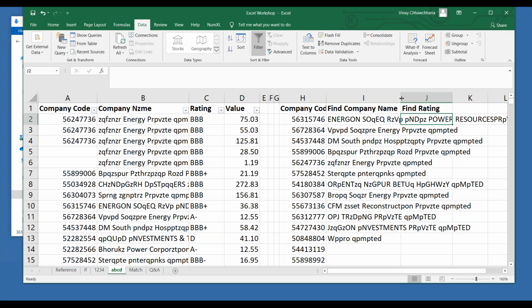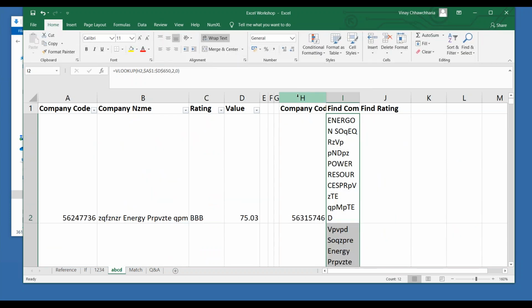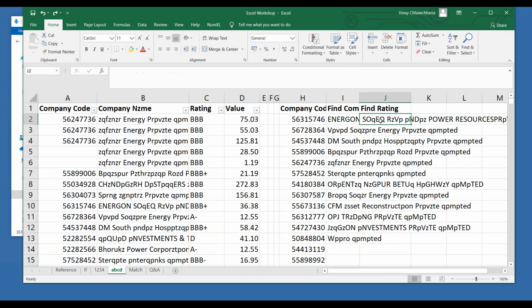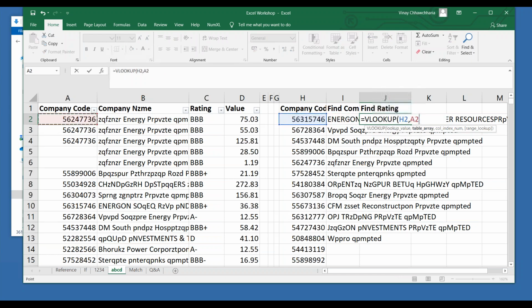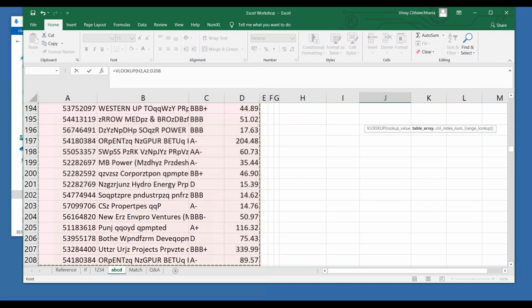So I will just write the formula again here. But the important part is not writing the formula again. I will try and help you achieve your results with a single formula. So equal to VLOOKUP. You need to do a lookup of this, where it is here, right?